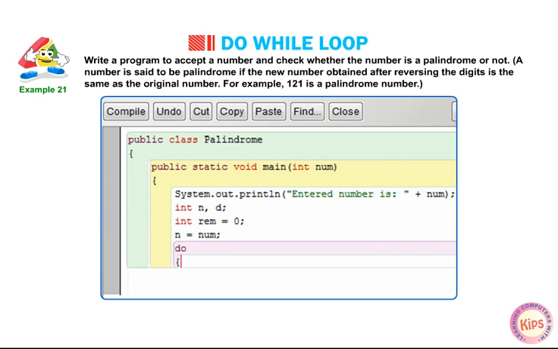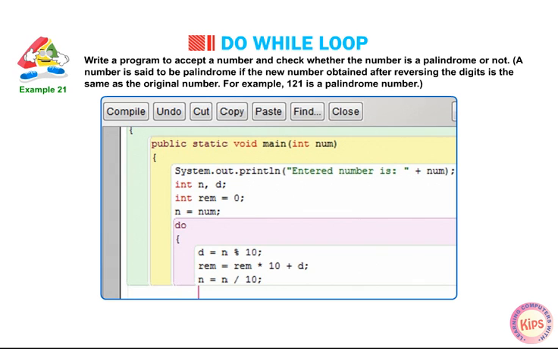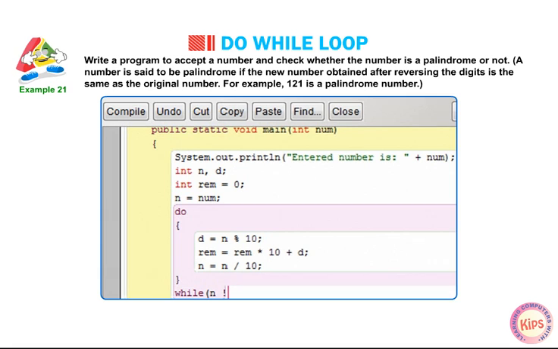do { d = n % 10; rem = rem * 10 + d; n = n / 10; } while (n != 0);